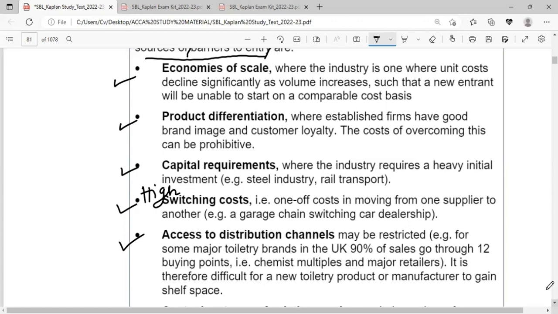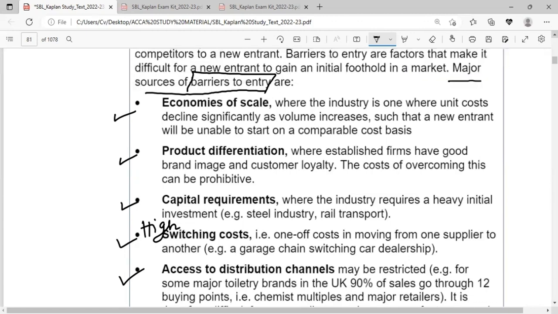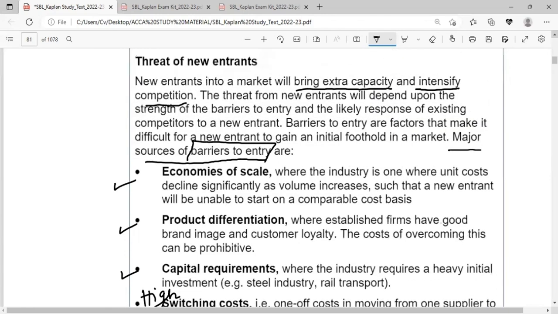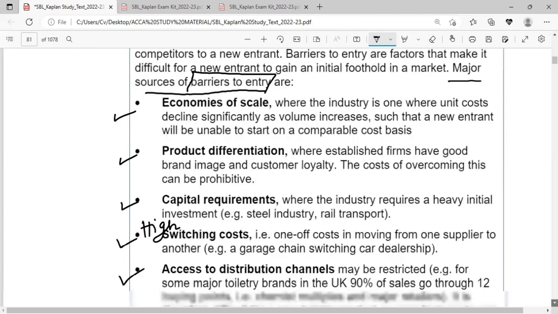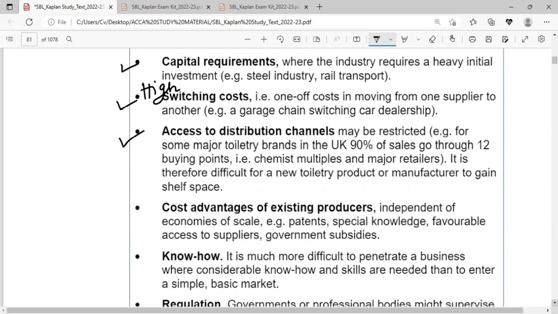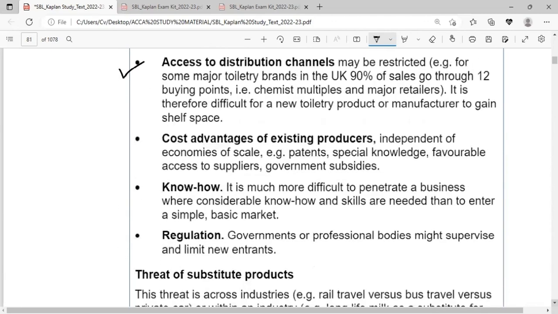So once again, I am going to review quickly how to restrict new entrants, or how to control the threat of new entrants. If you reduce your average cost per unit, if a company is capable of offering a differentiated product, if there is high requirement of capital or capital expenditure, if switching cost will be high, and access to distribution channels must be high.